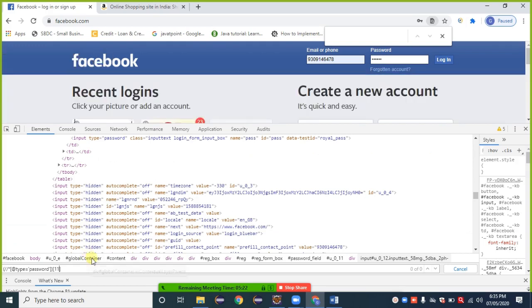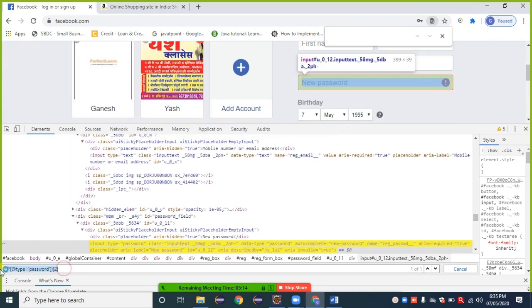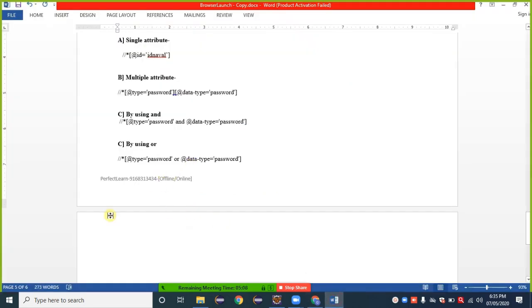If one matches and suits my web element, I can go with that also. Such a thing is called going with a number. Control C, paste here, Control V. By using number.